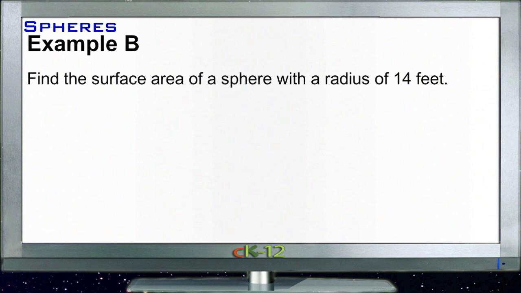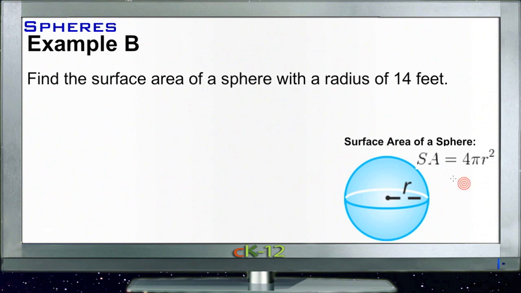Example B. Find the surface area of a sphere that has a radius of 14 feet. So we have a sphere, and for our sphere here, our radius is 14 feet. Wow, that didn't write very well. Let's try that again. There we go. 14 feet. So we just need to plug 14 in for r in our formula. So we have surface area is equal to 4 times pi